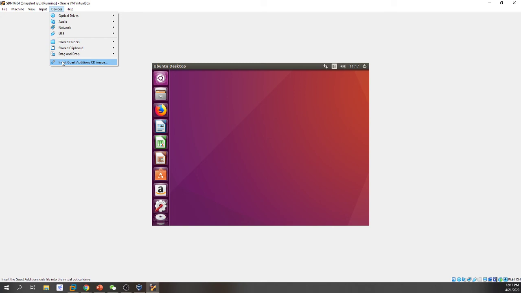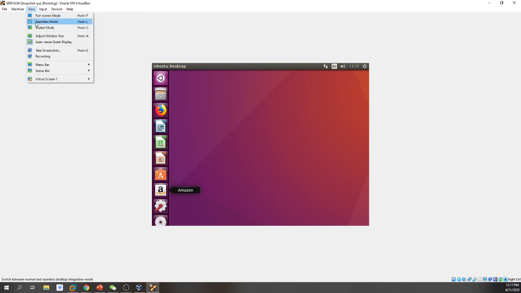Suppose you're doing this the first time and you don't have the disk. What you should do is insert the Guest Additions CD image, and after you restart, reboot the virtual machine, from the View menu you will see one more option shows up, which is the seamless mode. And the seamless mode is going to help you